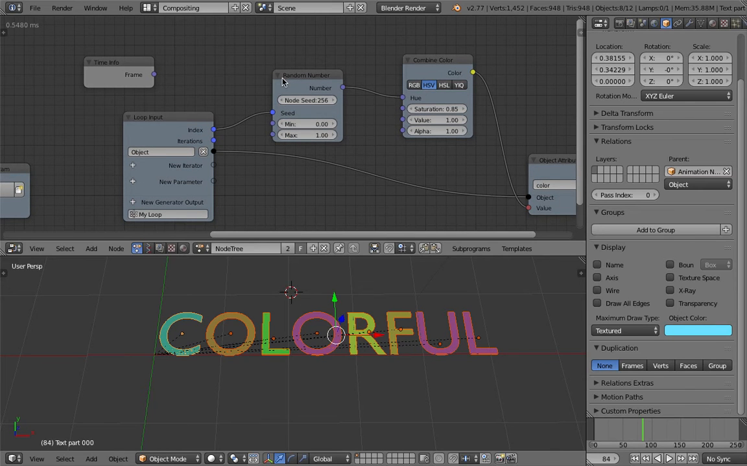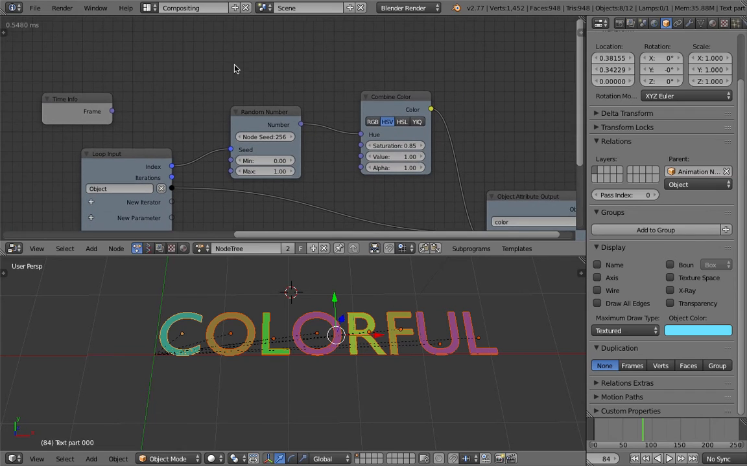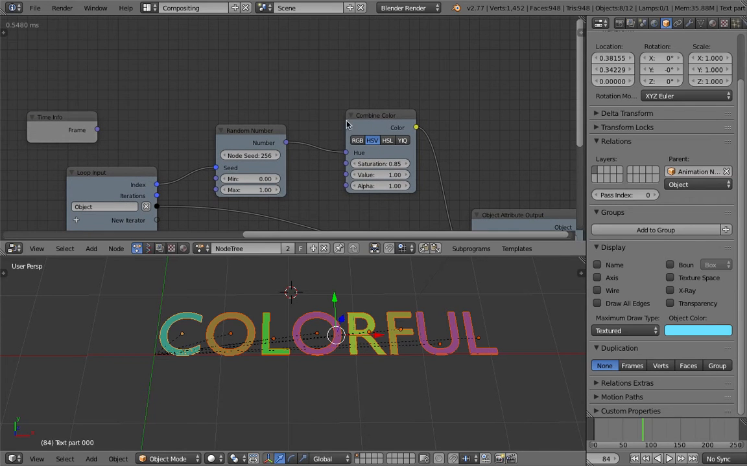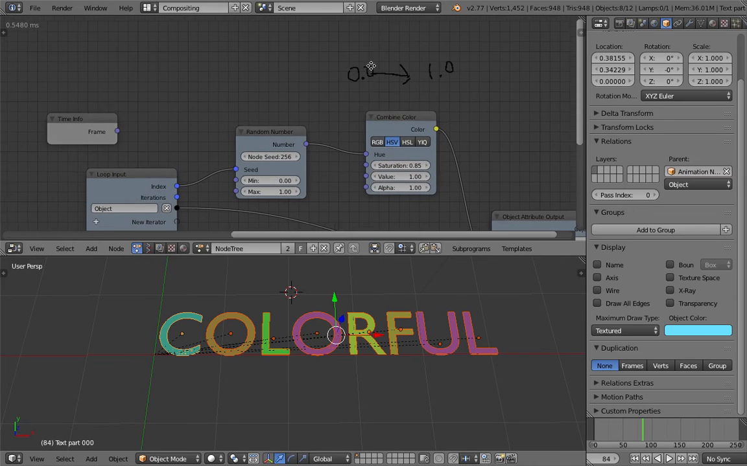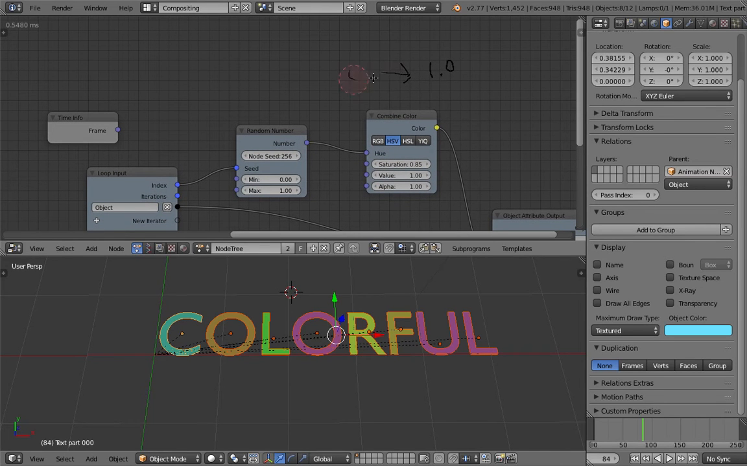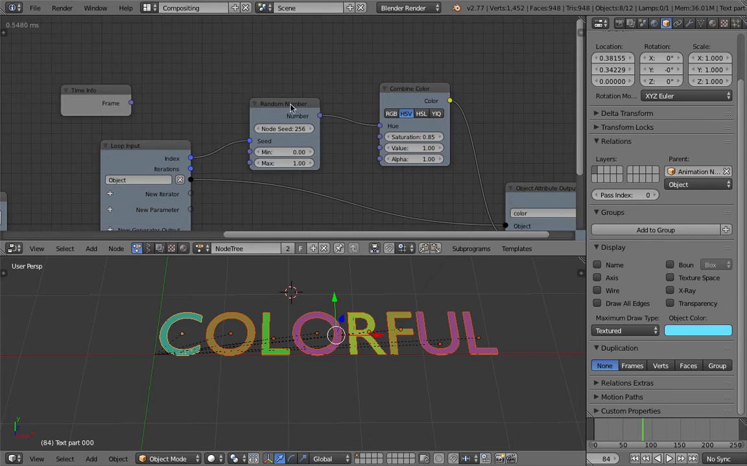Okay, maybe let's make a rainbow kind of color. With a rainbow color, because we're using HSV, the HSV value goes from 0.0 to 1, and then that's gonna go through the spectrum. So once again, let's do that. I want to show you this